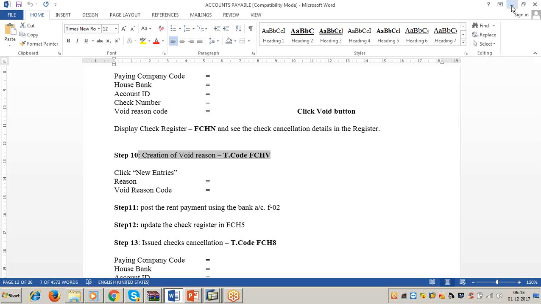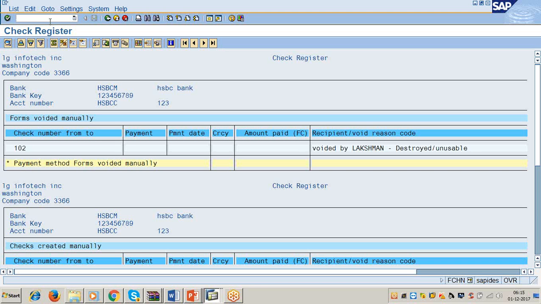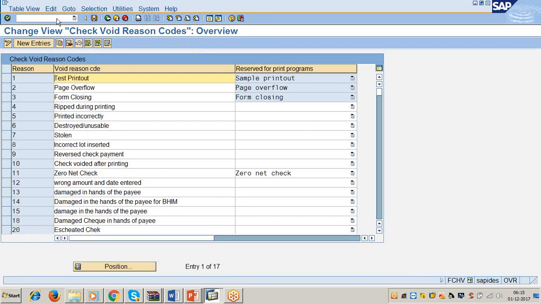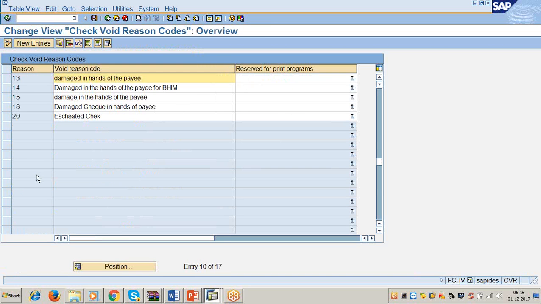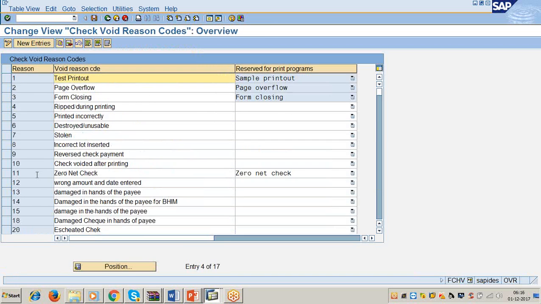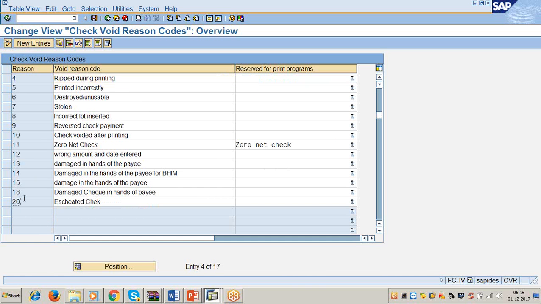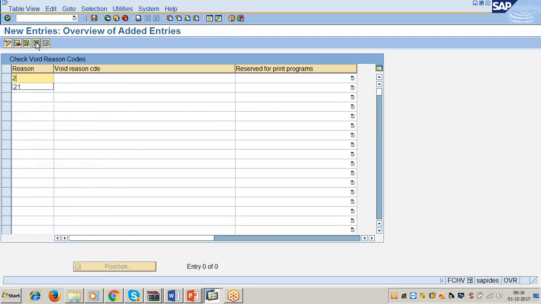Transaction code FCHV. See, these are the reasons which are already created, right? See, already 20 numbers have been used. So we have to use any number after 20. Click on new entries. Reason is equal to 21.